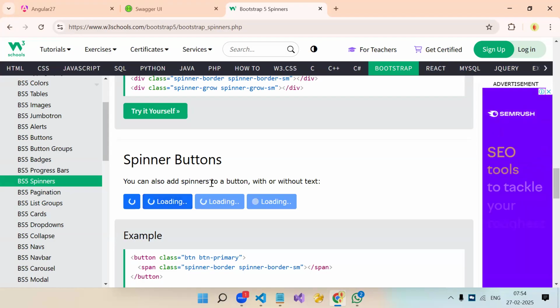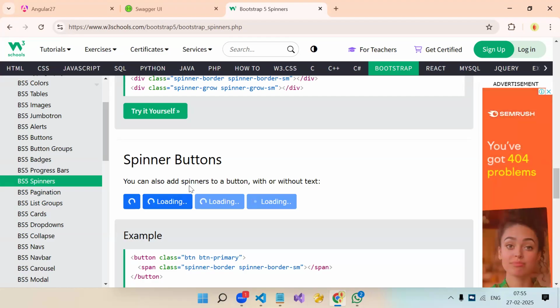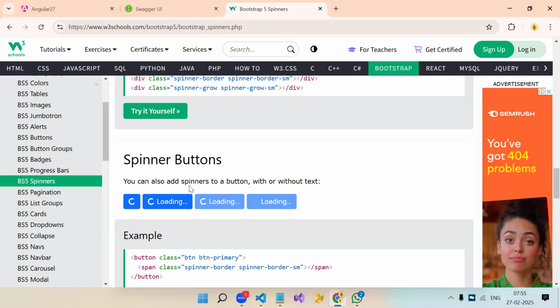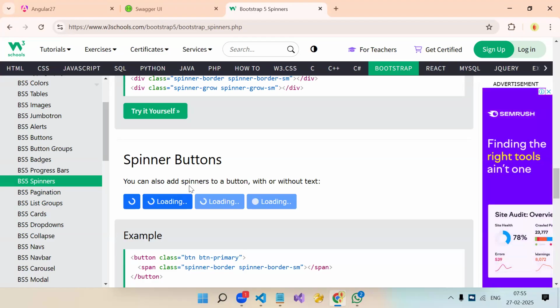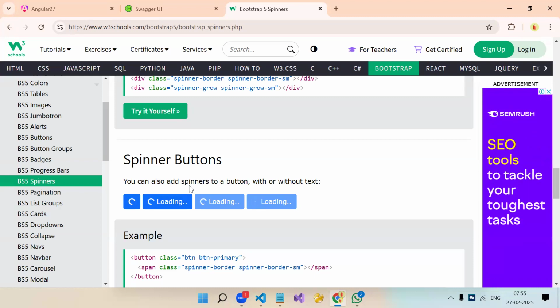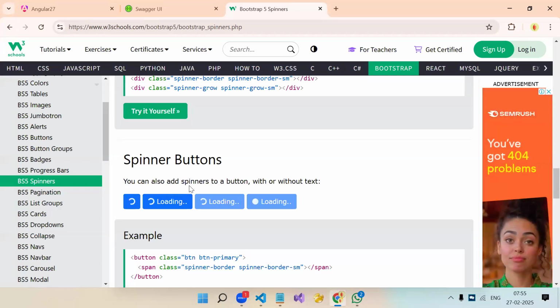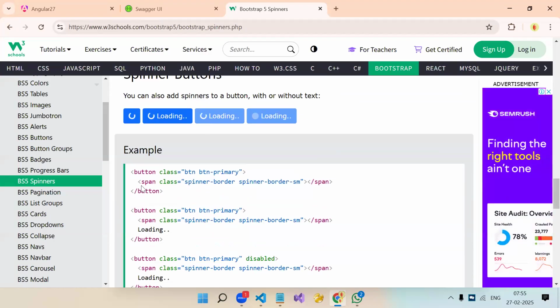I will cover it. Wait. So you can disable the button, but if your users are intelligent, then it's okay. But if your users are not intelligent, one time they will click and another time they will say nothing is happening, I'm not able to click. It can happen, right? So that's why we go for a loader. Okay, let's use this spinner.